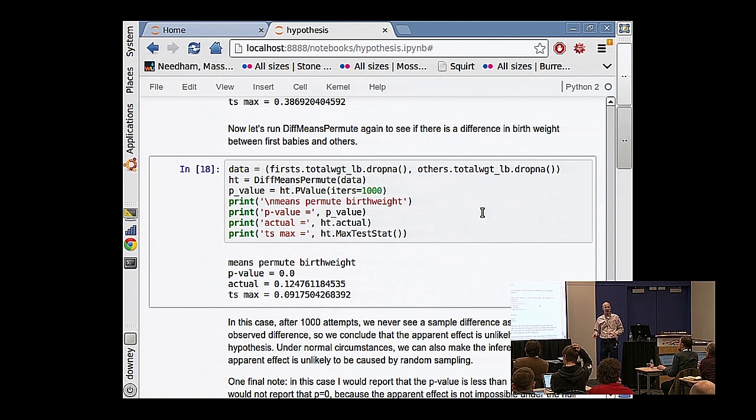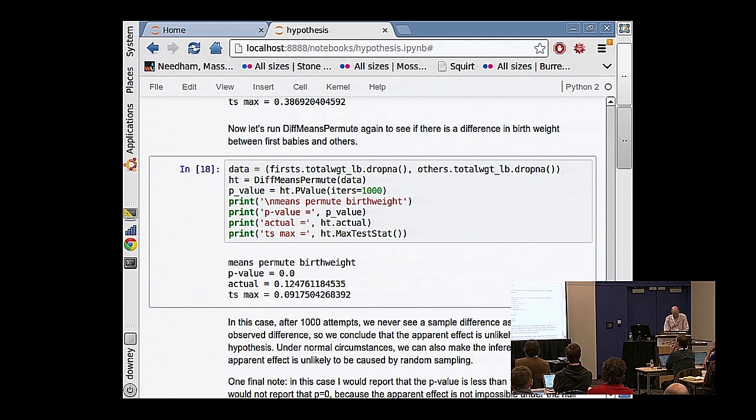And so my caution is when you do this kind of simulation to compute p-values, you should not conclude that p is actually 0. In this case, I made 1,000 attempts, and I never succeeded out of 1,000. So p is probably less than 1 in 1,000. But that's what I should report, something like p less than 0.001. Okay. But to say that p is actually equal to 0 would be to say that the null hypothesis cannot produce this effect ever. And that's usually not the case. It could be, but usually not.